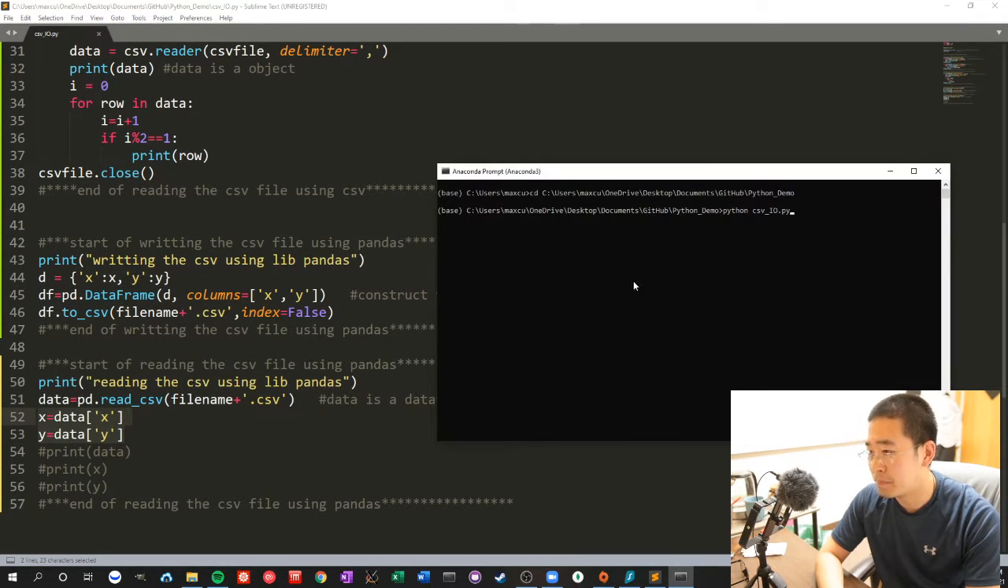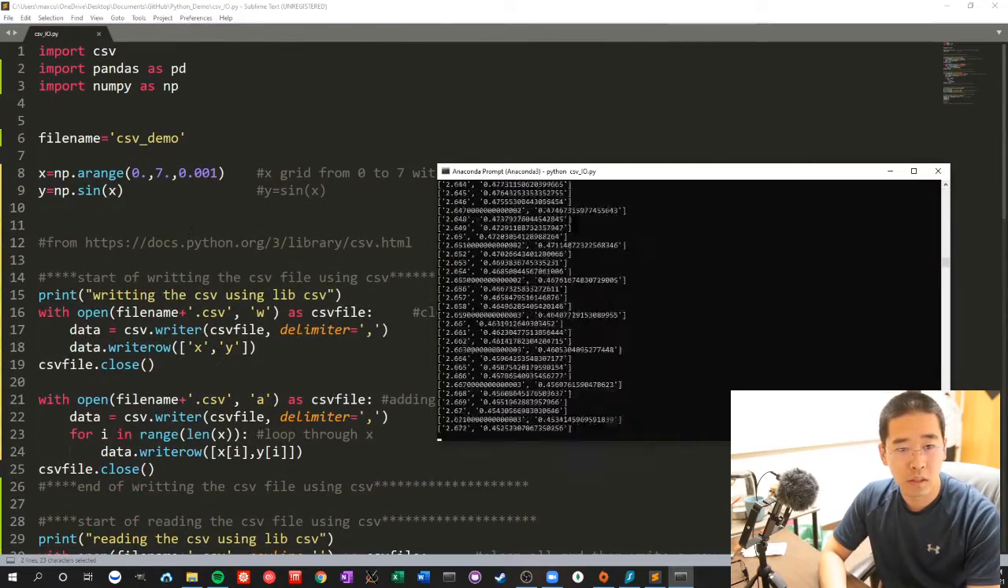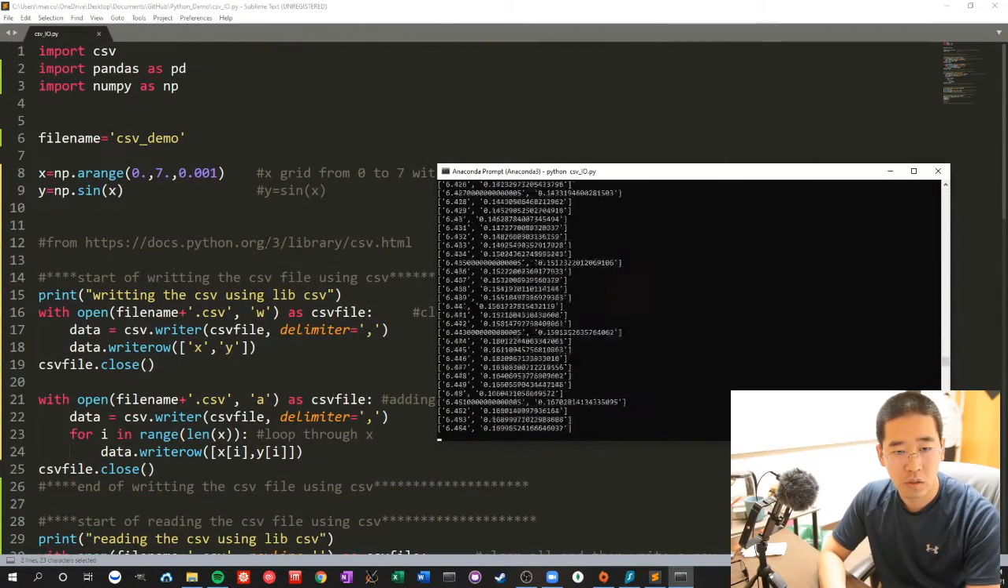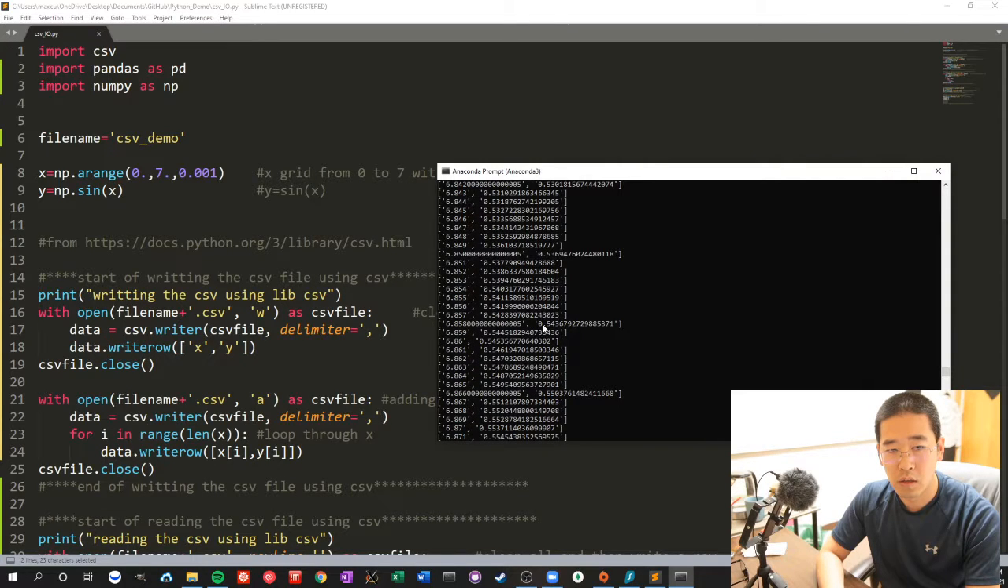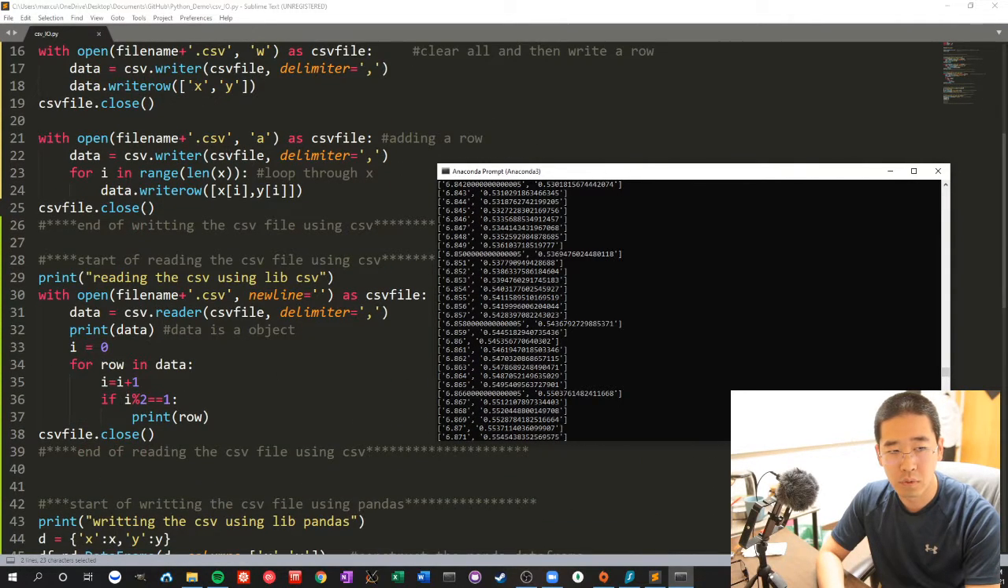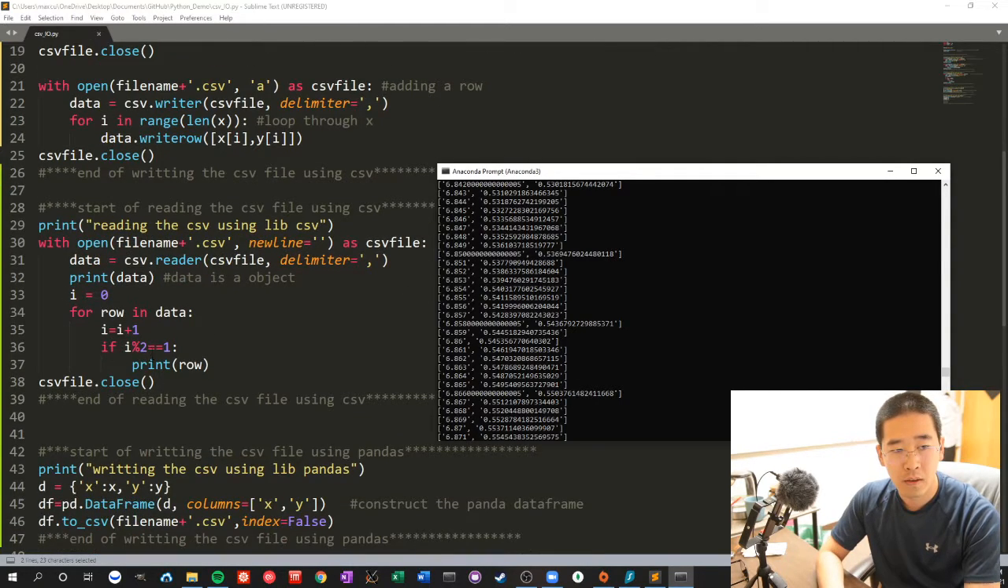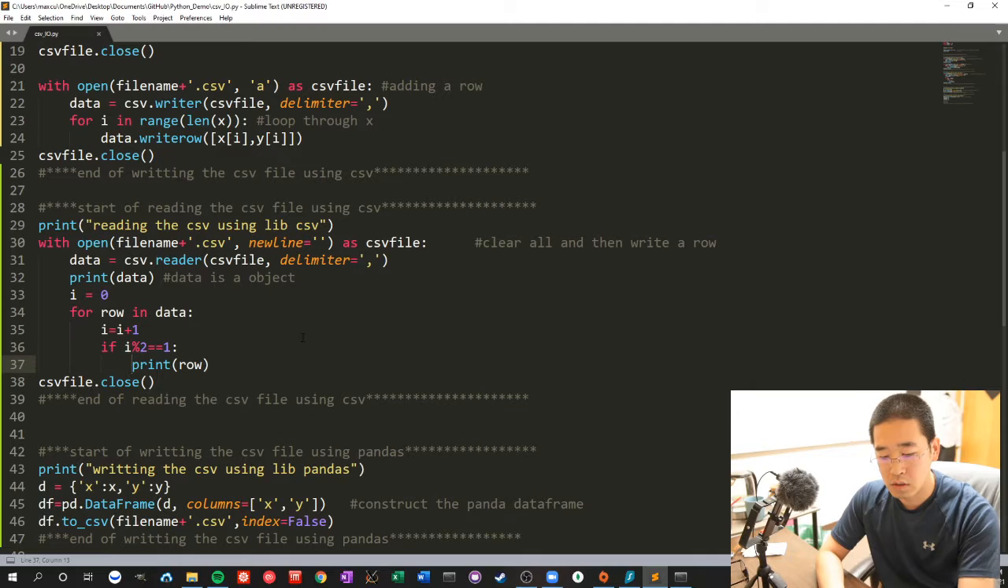Let's run it. As you can see, I construct the x-axis, and the y-axis is sine x. That's the output reading from the CSV file using the CSV. So let's not do that. Instead,